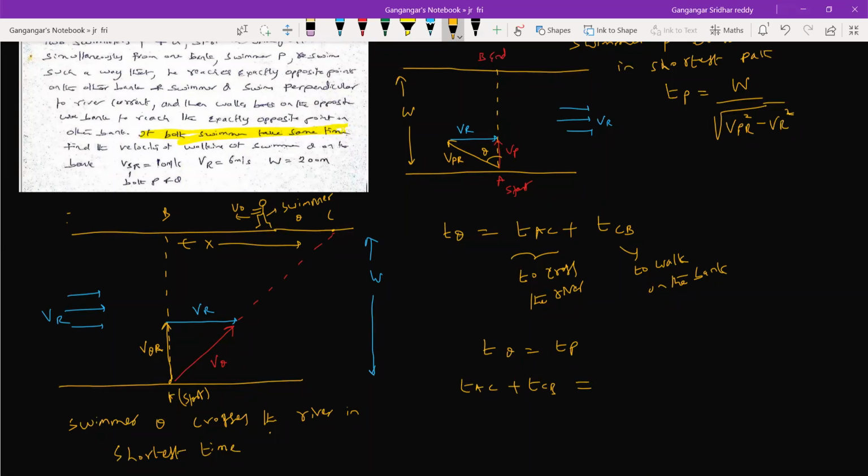It should be equal to, this will be TP. Now what is TAC? W by VQR, no? What is TCB? TCB is the time taken to walk on the bank, so it should be equal to U naught by X. And TP is W by